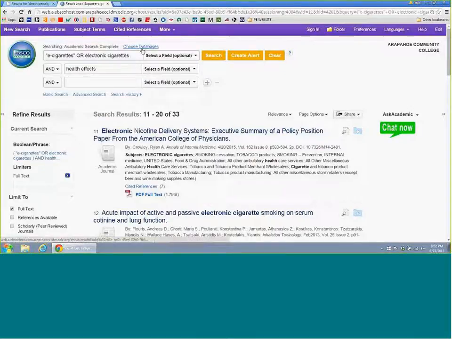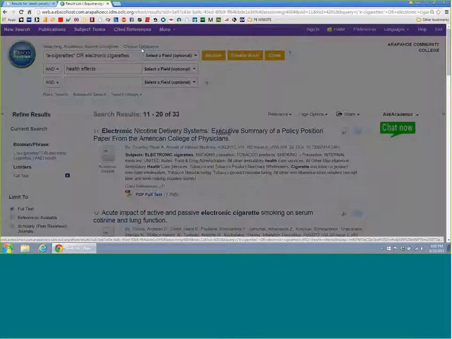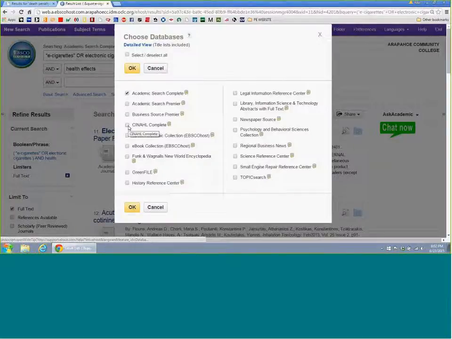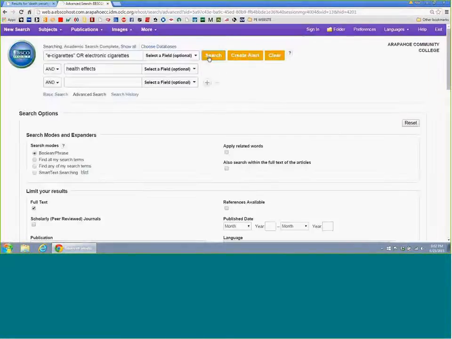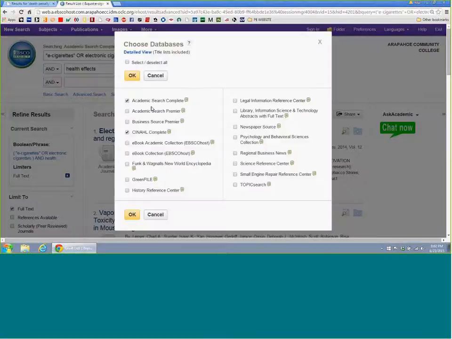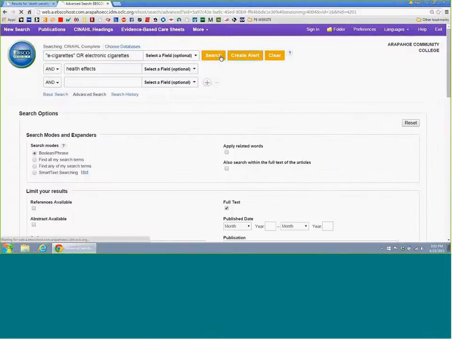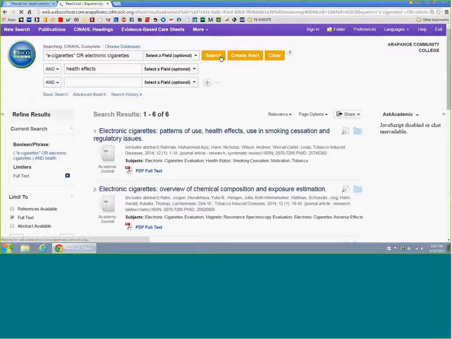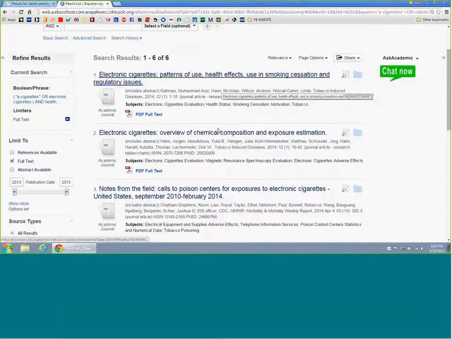Would consider adding another database. So I'm going to go up here to choose databases. Advanced, because you don't necessarily know what CINAHL is. CINAHL is a nursing database. So this might have a little bit of the health side in it. So now actually I'm going to just take off this one since we've already looked at those results. It's just what they have. Okay, so however,